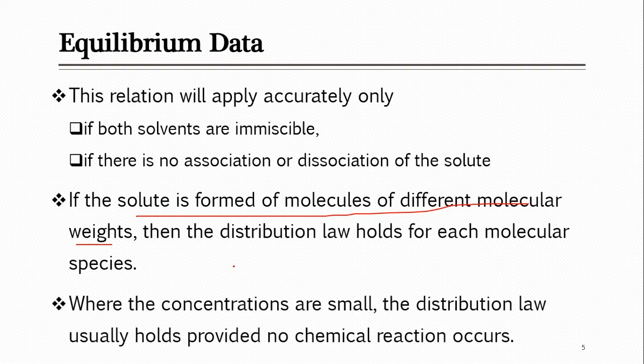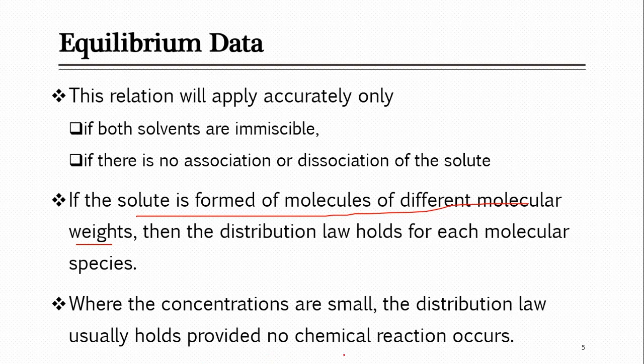Where the concentration is small, the distribution law usually holds provided no chemical reaction occurs. Suppose something is available in very small amount, almost negligible, not a large significant amount. In all those cases, this distribution law will hold, and we can say that the ratio k remains constant for that system, even if it contains small amounts,